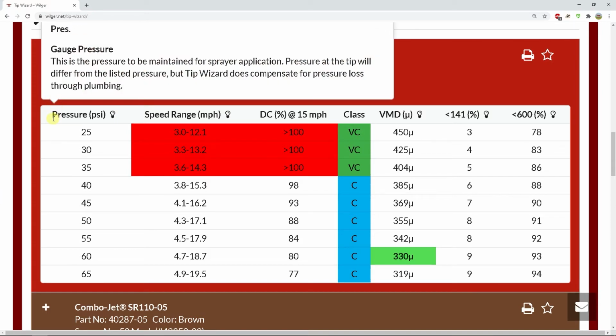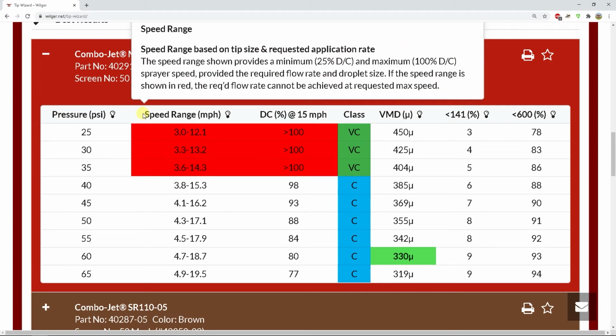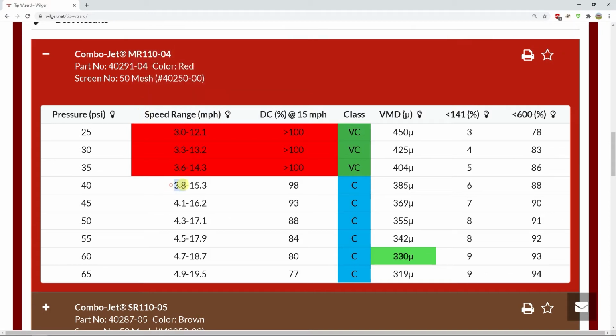So from left to right, we'll see the pressure. So that's the gauge pressure. That's what you'd be setting your cab to. Your speed range. So that's the physical capability of the nozzle as it relates to going through your solenoid or your pulse width sprayer. What you'll find is the minimum speed is your 25% duty cycle. While it is possible to get down there, it isn't recommended. So that's just kind of a bench line to have the minimum speed. And then the maximum speed is the amount of spray that you can get out and how fast to keep your rate on. So in this case, at 40 psi, we'll see we can go upwards of 15.3 miles per